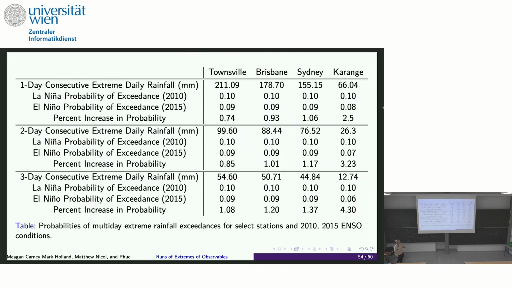And then we were also interested spatially in how these extremes in rainfall are being affected. So for 3-day consecutive extremes in rainfall, we see a much greater increase in the probability of observing consecutive 3-day high values of rain inland, but not so much along the coast. So the coast doesn't really change much according to the Southern Oscillation Index, but it does change a lot as we go inland. So that's where we get this idea that on average with El Nino, we see less rainfall.